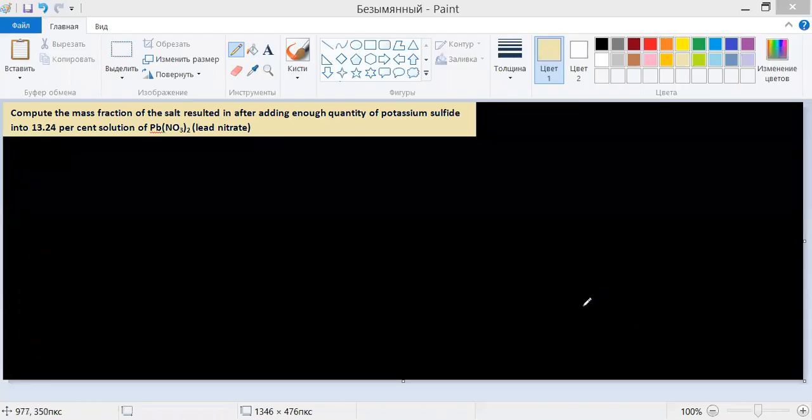Here it is. Compute the mass fraction of the salt resulting after adding enough quantity of potassium sulfate into a 13.24% solution of lead nitrate. It is a very, very interesting assignment. But before we get down to the main part of the solution, first of all,